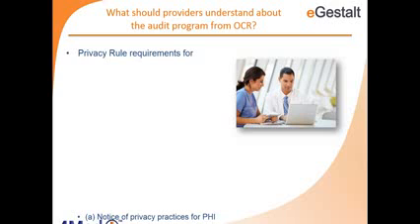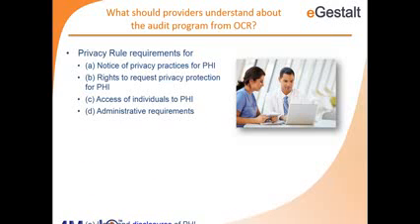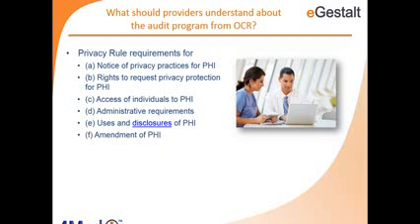And meeting the HIPAA Omnibus requirements means they have the privacy rule implementation in place, which has a number of policy documents. It has a number of guidelines in terms of how the PHI information is shared, used and disclosed, and that the individual essentially is involved in ensuring the privacy of the information.